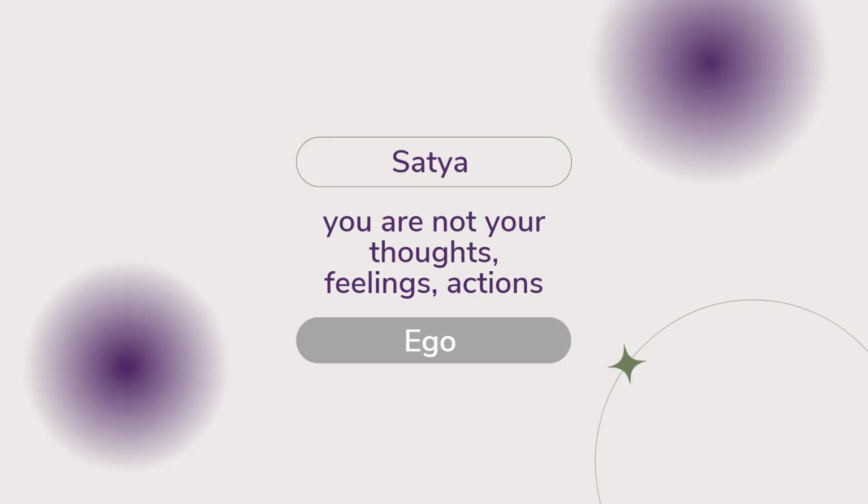I put the word ego here, which I think is a helpful concept to bring into this idea. So the ego, if we're talking in yogic terms, we can understand as a psyche that is programmed to bundle up all these ideas of who we are, and to protect that. So it carefully constructs this identity of who we are, and then works very hard to protect that.